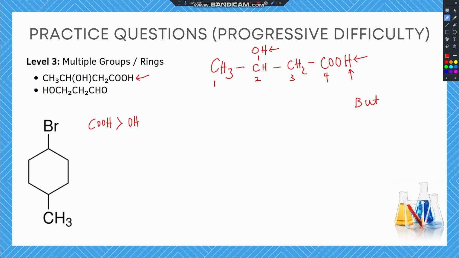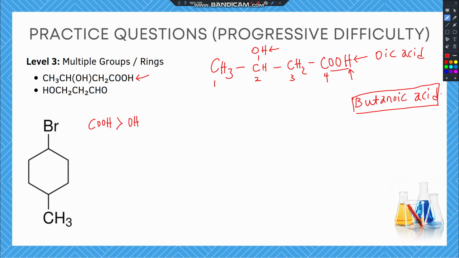How do we give priority to it? We are going to count from the end that is closer to it, and it is going to determine the suffix of the name of this compound. So now that we have COOH, the suffix of this compound is going to be oic acid. So we have butanoic acid as the root name of this compound. So let's keep this name aside, because it's going to be useful when we determine the details of the other